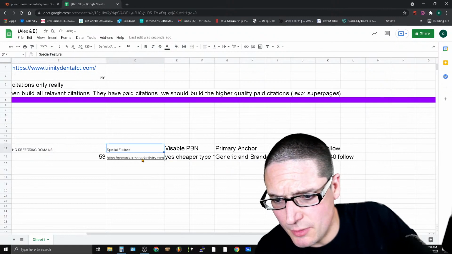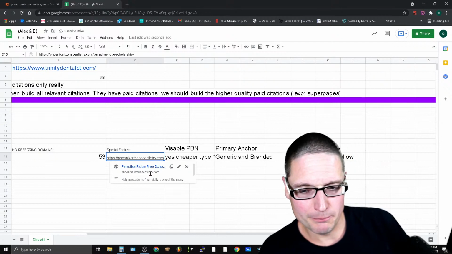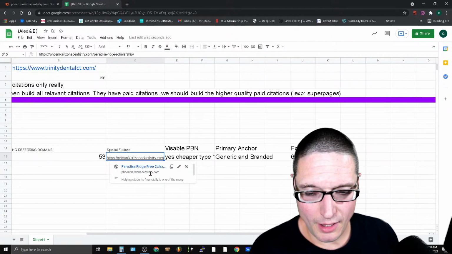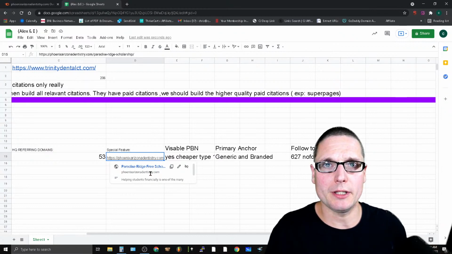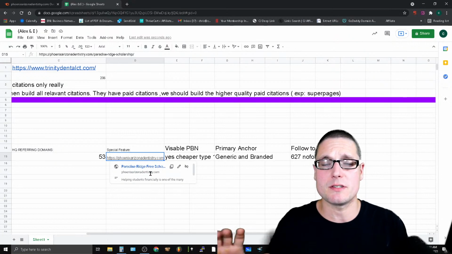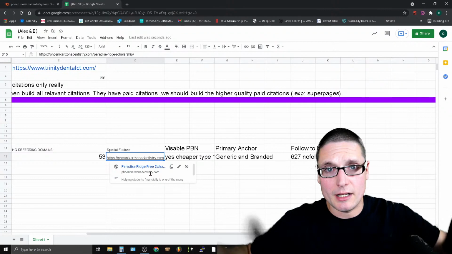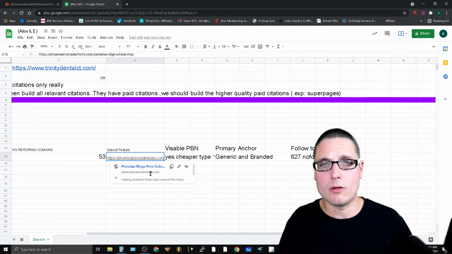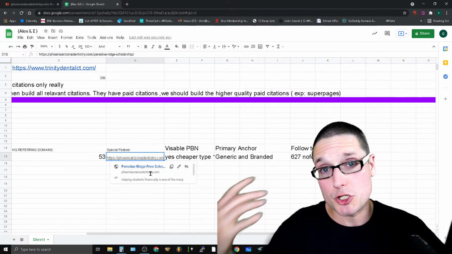Special features is they were running a scholarship program, so this could be an idea. It's a relatively good idea. I've seen this. Also, a special feature that I see come up quite frequently is where a company will offer job opportunities or job placements, because this gives you another rush of link opportunities, right? You can post on all of these forums, all of these places that offer job opportunities or job postings, and